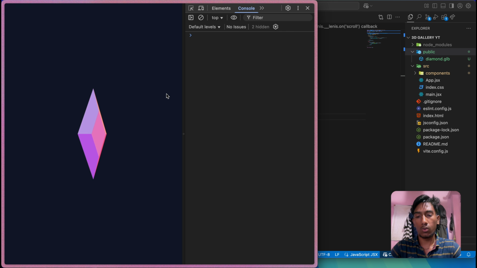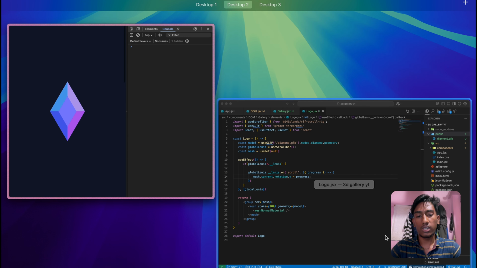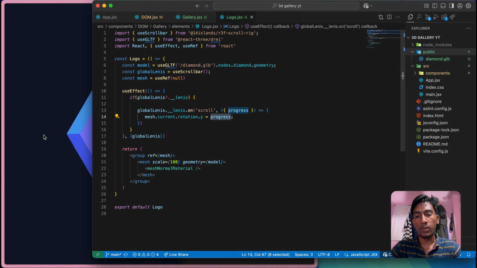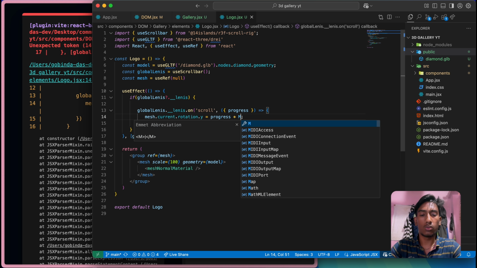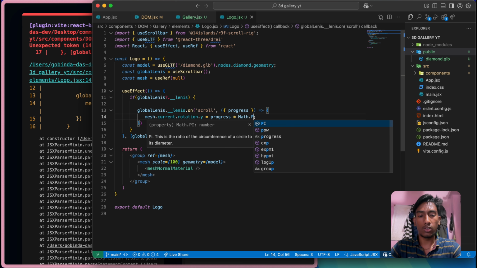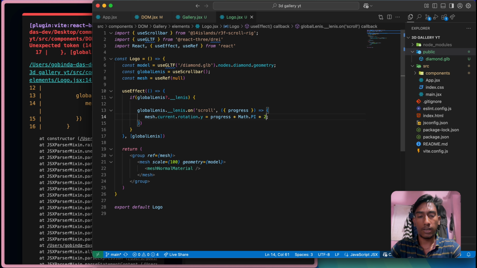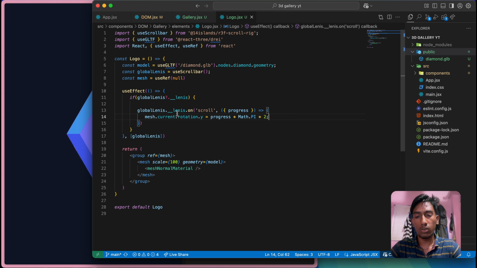Now if I just scroll, you can see this diamond is rotating with the scroll, but the amount it's rotating is very little because progress varies from 0 to 1. You can multiply it with a big number. I'm going to multiply it with Math.PI, multiply it with 2, so it's 360. It will rotate 360.